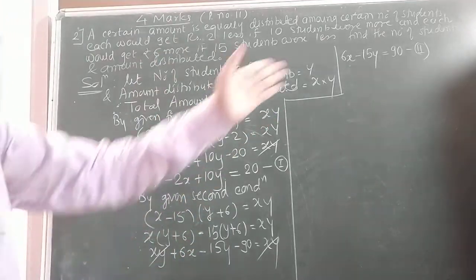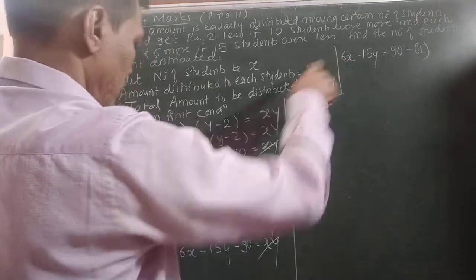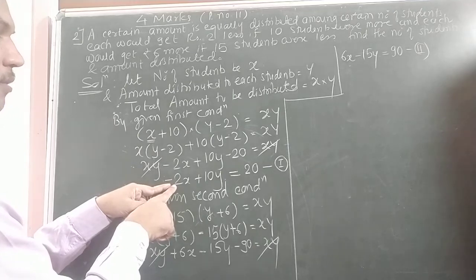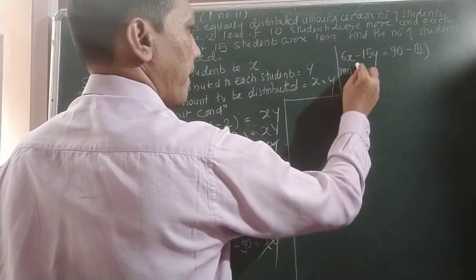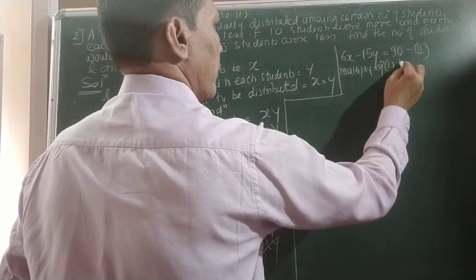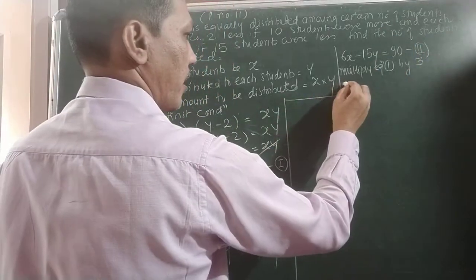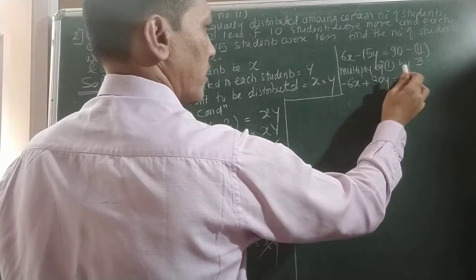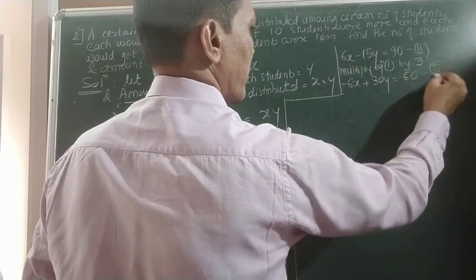So simply we use making the coefficient same, because here it is minus 2 and here it is 6. So make it 6 here. How can we make it 6 here? Multiply equation 1 by 3. So multiply equation 1 by 3. It will become minus 6x plus 30y, 3 twos are 60. The new equation is the third.